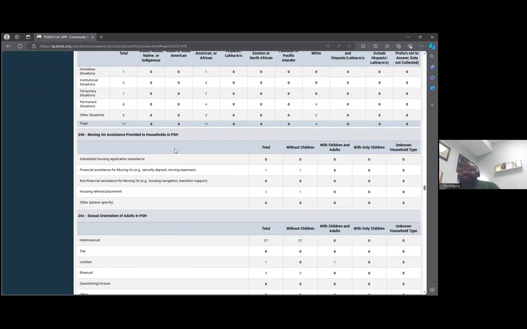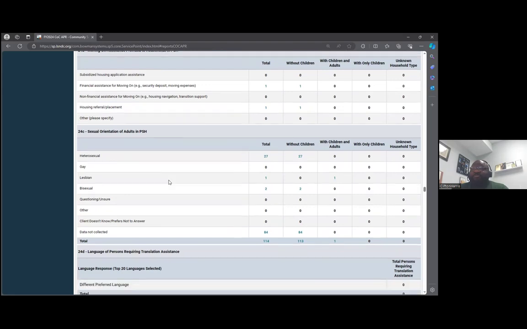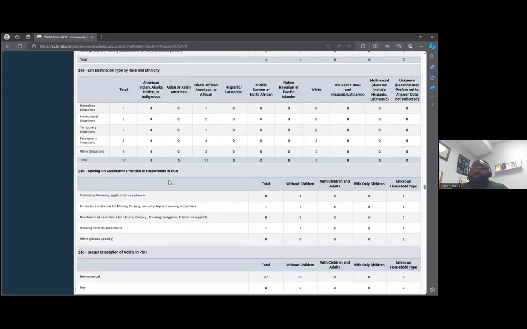That's how you have to mark them down and document that to fill out this section, question 24 on the APR. This is only required for PSHs, so I wanted to have a separate training to walk everybody through the service transaction. The crosswalk is just going to show you which original one to select in that drop down menu, so you can hit save and actually get to the moving on assistance drop down. And then that'll complete the APR. Just make sure you have your sexual orientation question answered for all the clients that have been in the program. And